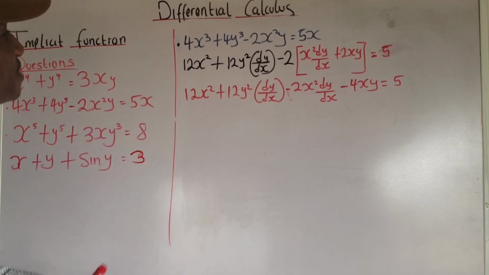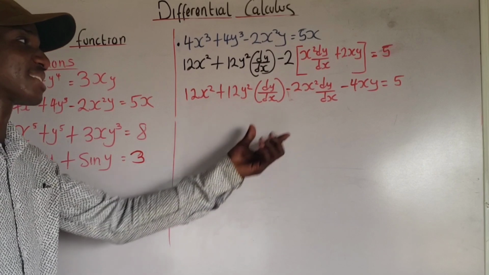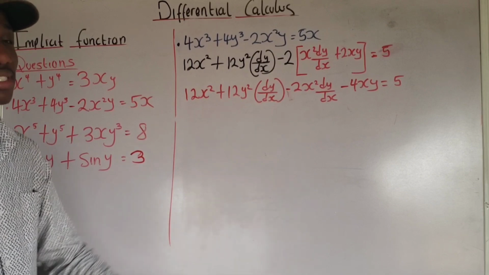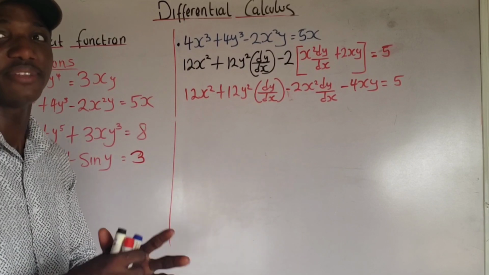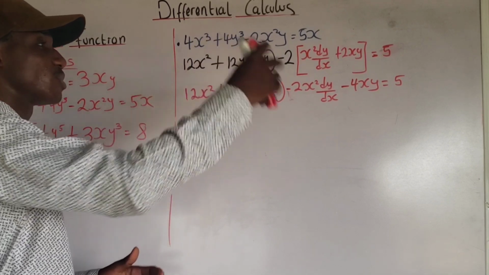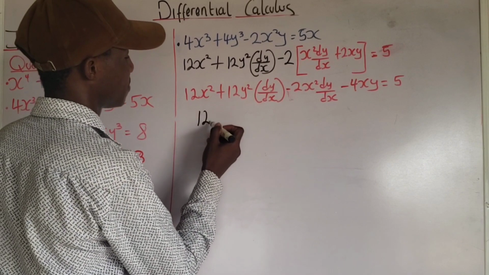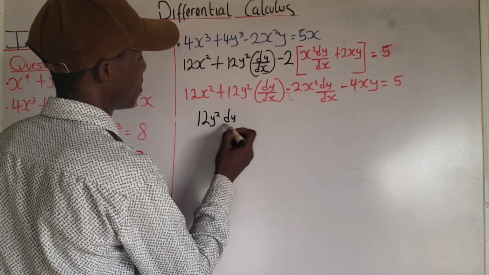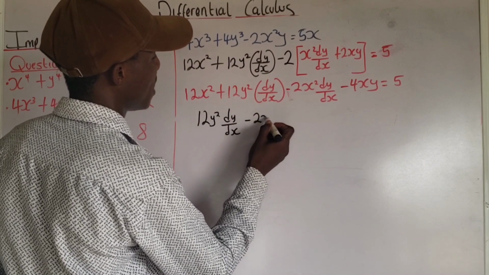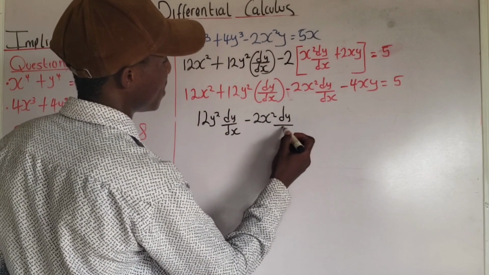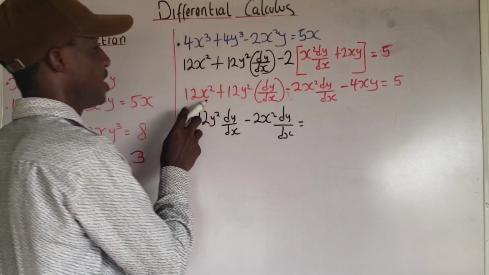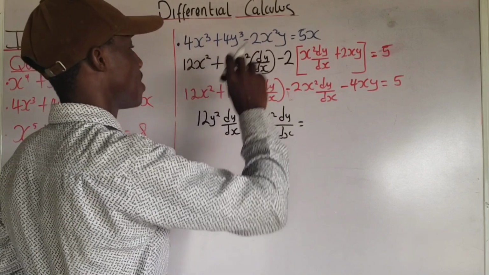Those terms that I have that have dy dx attached to it, you will leave it at the left hand side, and then those terms that do not have dy dx attached to it, you move it to the right hand side of the equation. So I'm going to have 12y squared dy over dx minus 2x squared dy over dx is equal to,